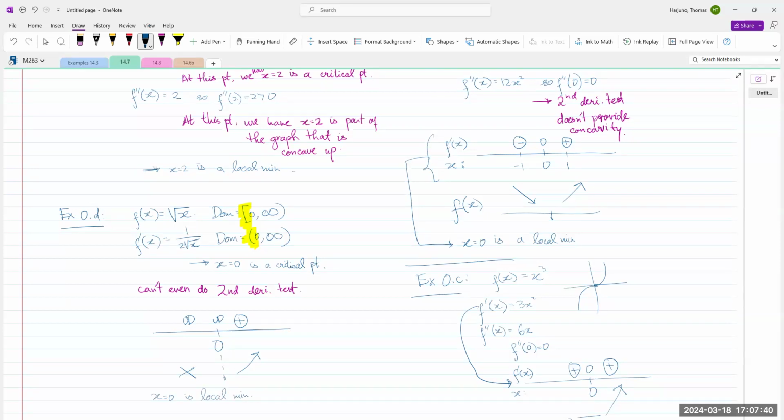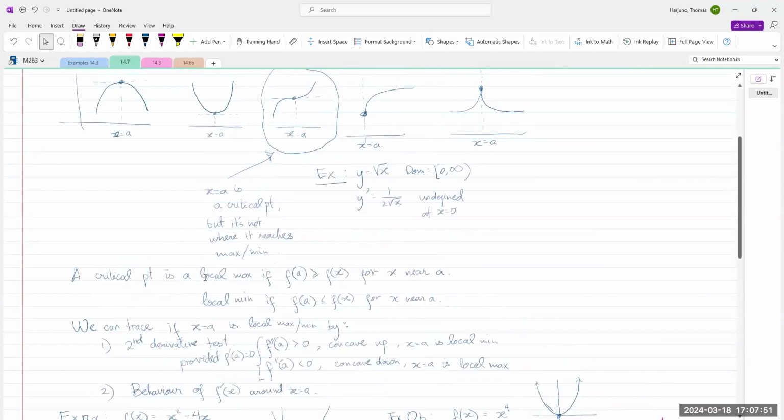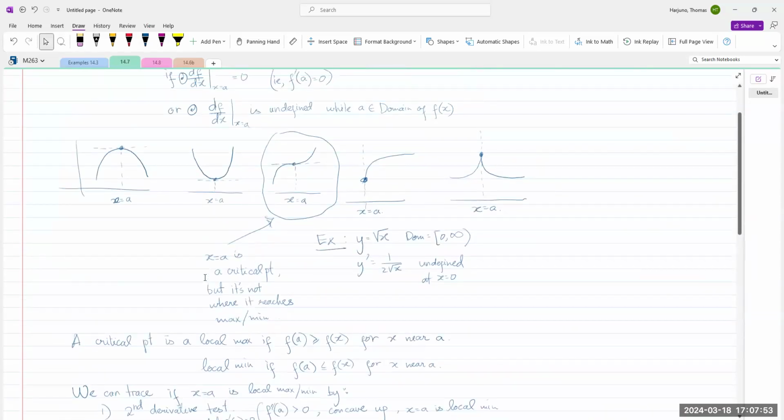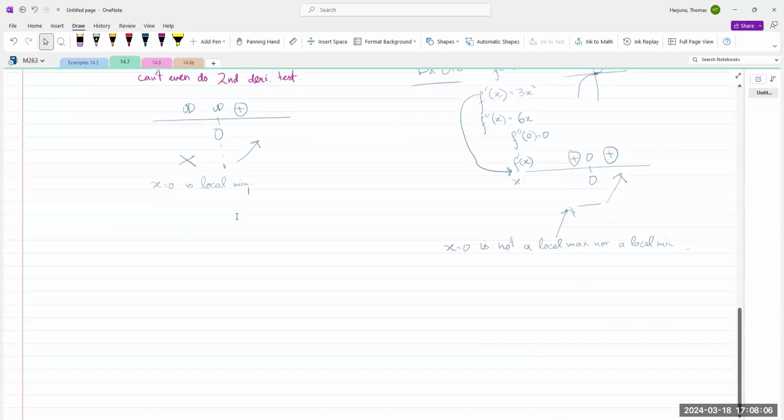Okay, I hope this is a good review from your Calc 1, right? I did mention earlier, I think I mentioned that many times, that simply because it is a critical point does not imply it is where we have local maximum or minimum. Okay, now let's remind ourselves of this theorem